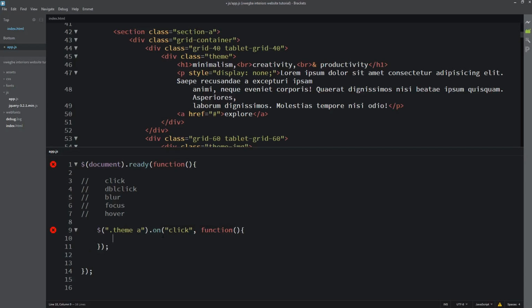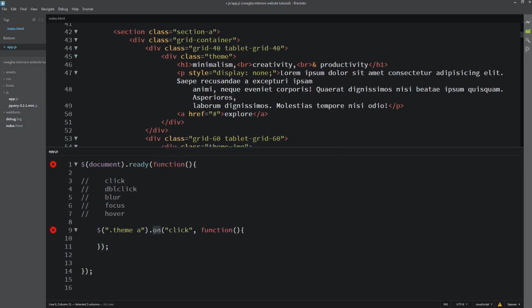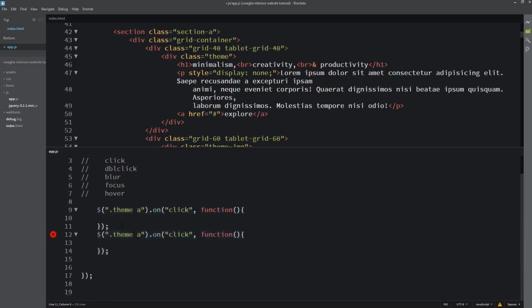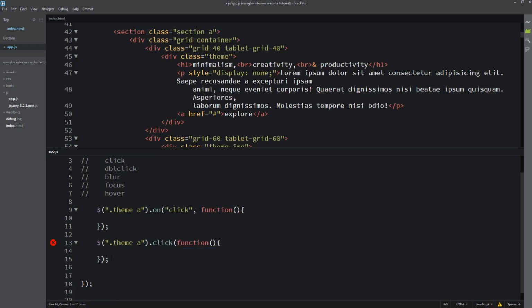This works like this, but we can still write it another way. Instead of using on like this, we can just come here and say click. Let me duplicate this so you can see the other way. Instead of on, where you pass the type of event, if you just put the event directly, jQuery will take care of it for you.